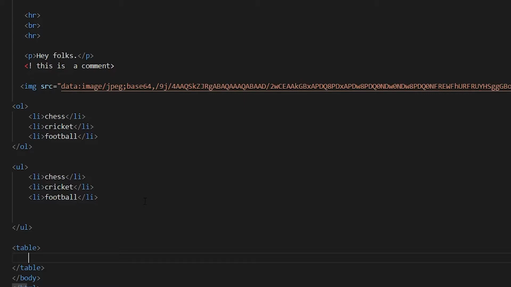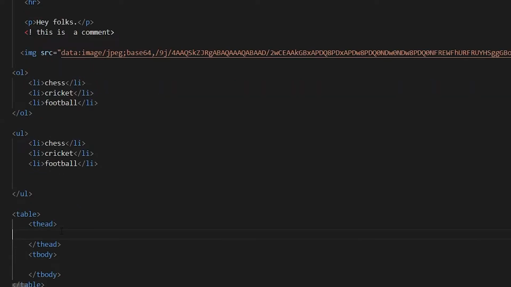Now to differentiate between the table headings and the table body, we have two tags, thead. Anything we write in this part will become the head of the table, and then we have tbody. Anything we write here will count as the body of the table. To insert a row, we use the TR tag. Okay, so I think it's self-explanatory here what I've done.